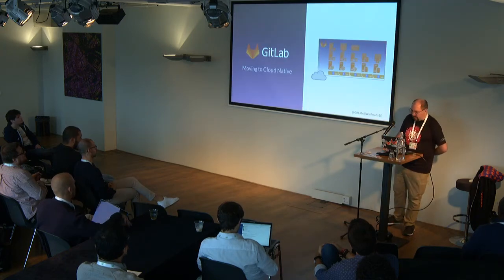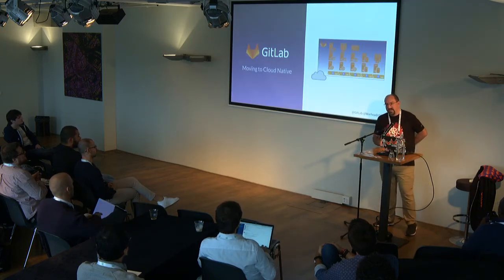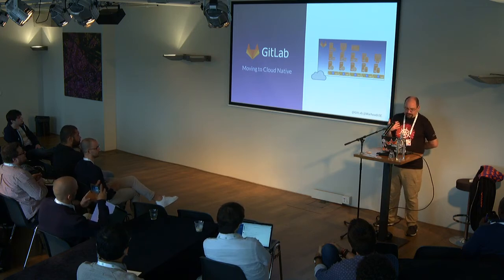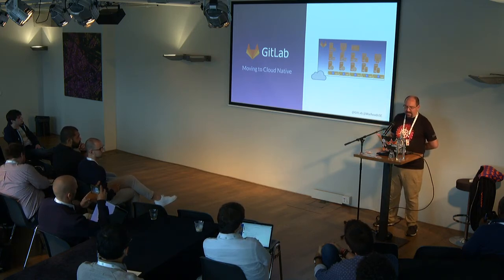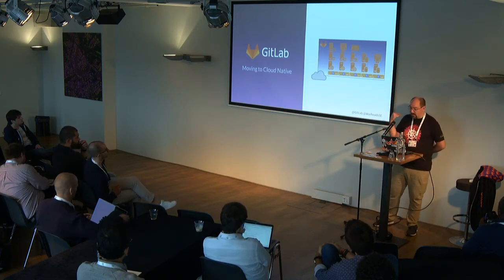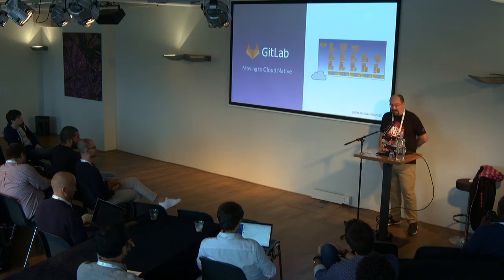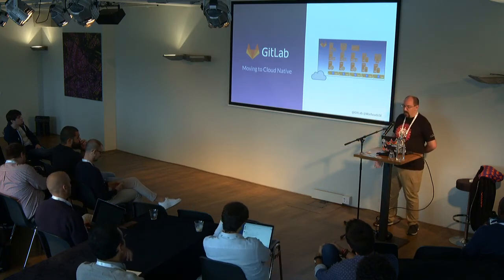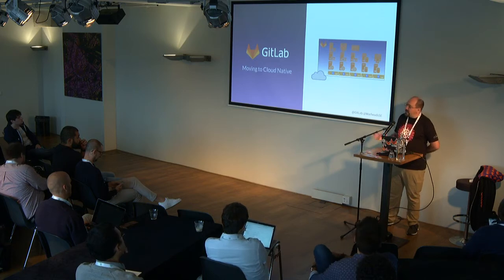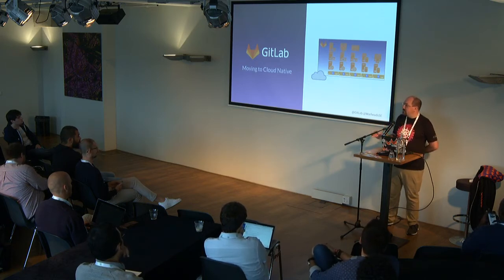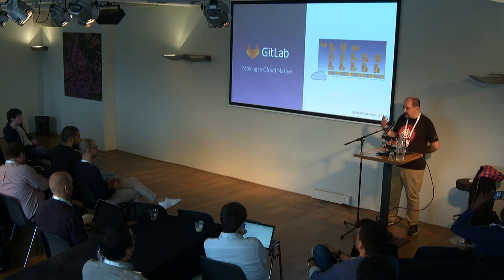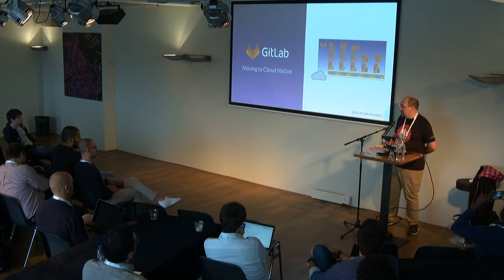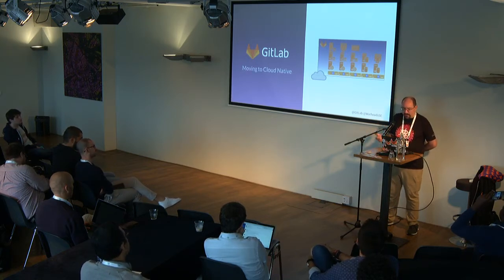So let me explain why we need to make the move to cloud native. We've been developing the Omnibus GitLab for years. It's great. No, really, it is actually awesome to use. It's also inspiringly large, complex, and heavy. That thing is now over 1.5 gigs, okay, compressed. But, needless to say, it's a monolith. Monoliths only get you so far.